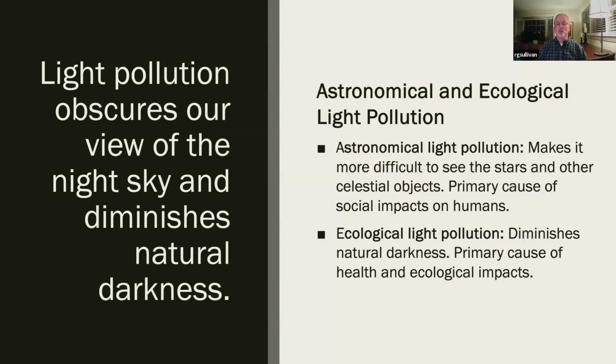Ecological light pollution is when it is not as dark down on Earth, let's say. That would include in trees, of course, but on the ground and in the environment where most animals and humans spend all their time. And so it is ecological light pollution that has health effects and ecological effects. And of course, astronomical light pollution is more a social, enjoyment, cultural kind of impact.